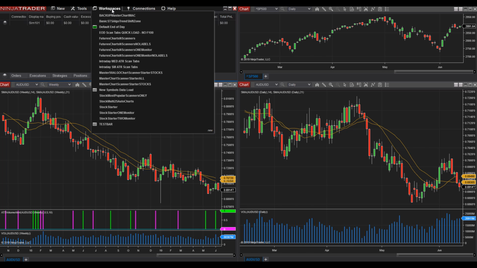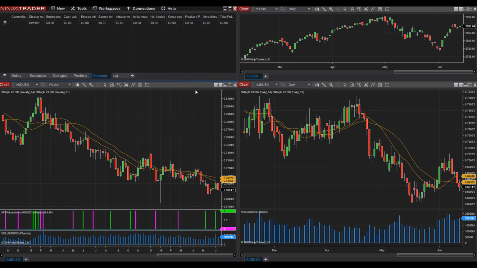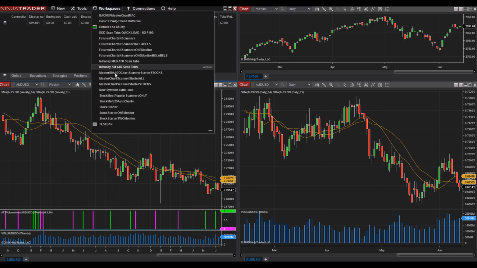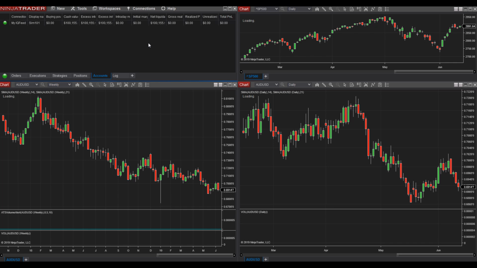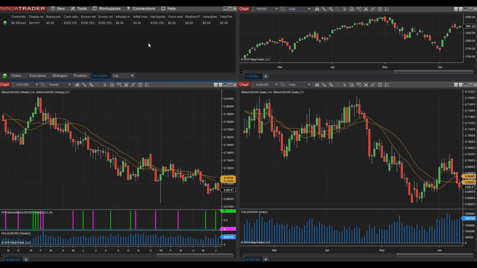I'm going to go open a workspace. I'm going to close a couple of these that I don't need anymore. And I'm going to get connected to my data source. I use IQ Feed and Kinetic. I have two computers. Actually, I have three computers, but I only run two live. Okay, so I'm connected. And earlier I had the new symbol data load on here, updating some data files because I hadn't used this computer in about 3 weeks. So I updated the symbols